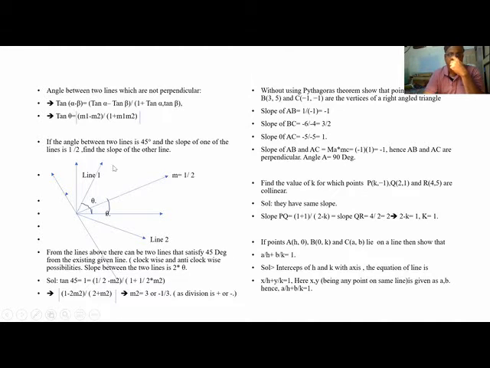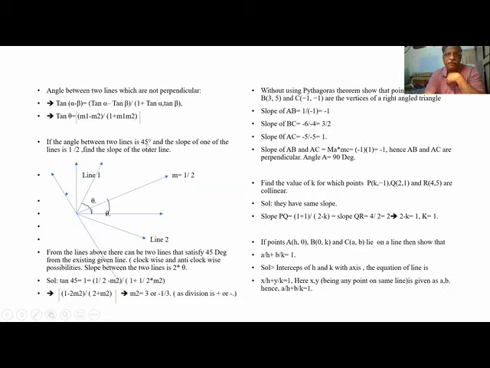And what is the angle between two lines? When I get two slopes, it is m1 minus m2 by 1 plus m1 m2. How has it got this equation? It comes from tan of a minus b. Tan theta is tan alpha minus tan beta, where I have given theta, it is alpha, it is beta.